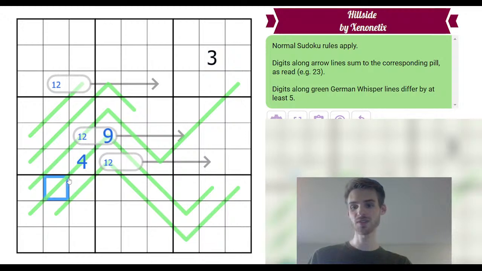They have to be 5 different, so if you put a 4 here, you'll have to put a 9 there. If you could put a 3 here, you could put an 8 or a 9 here. But we now know that these digits are low digits, so